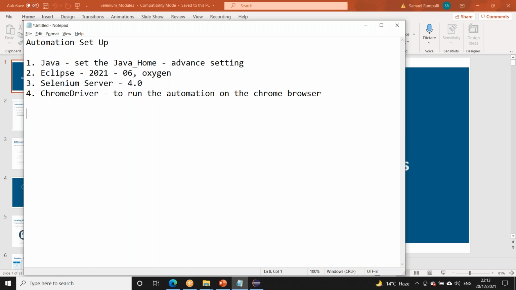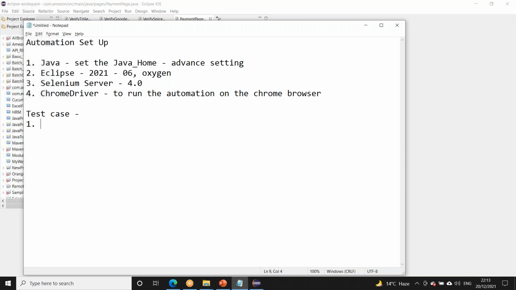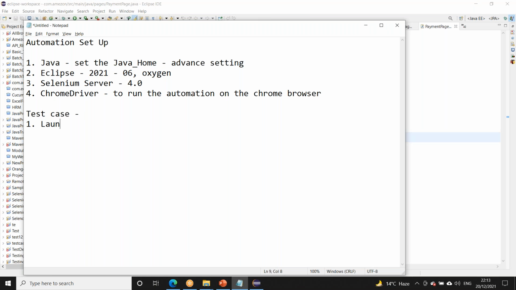So how do we automate the test case? We should have a test case before we start automation. So what are the steps? Launch the URL. Next is verify the title of the page.